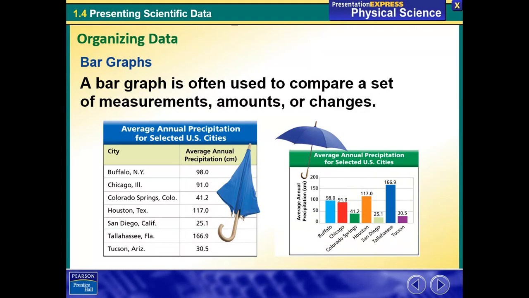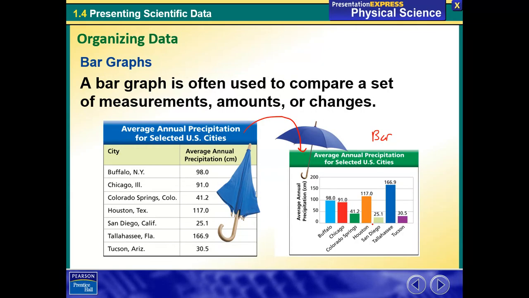The next type of graph that we're going to talk about is the bar graph. Bar graphs are often used to compare measurements, amounts, or changes. So here, like I said, you can always take a data table and convert that into a bar graph. Over here is our bar graph. Here it's just taking the information, so Buffalo 98, and here we have Buffalo, and then we can see that 98. It gives us a little bit better visual representation than just a data table will give us. So here you can easily look at this. Instead of searching for the numbers, you can see, oh, hey, Tallahassee has the highest annual precipitation